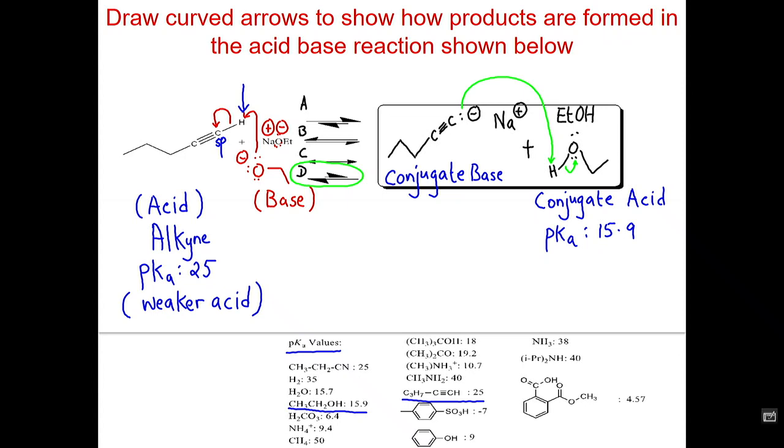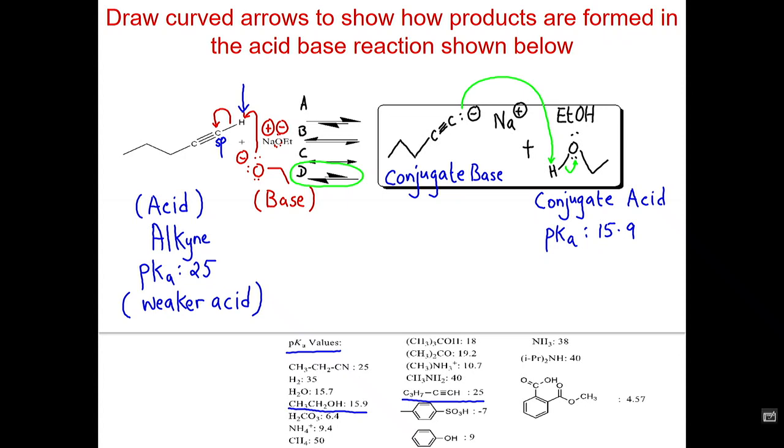So to summarize, we had a reaction between a terminal alkyne and sodium ethoxide. The conjugate base is the salt of the alkyne. However, the conjugate acid formed in the reaction, ethanol, is a stronger acid than the starting alkyne, which basically means that the equilibrium will move backward. The reaction will not work in real life. Sodium ethoxide is not a strong enough base to